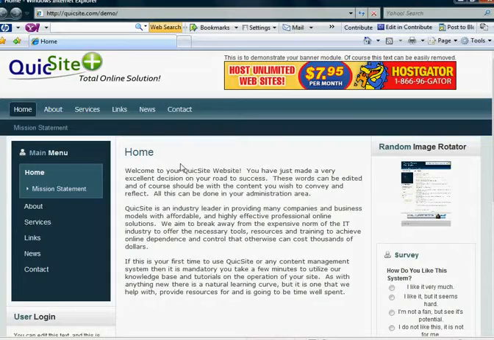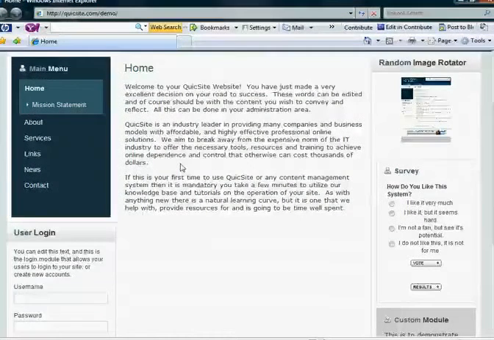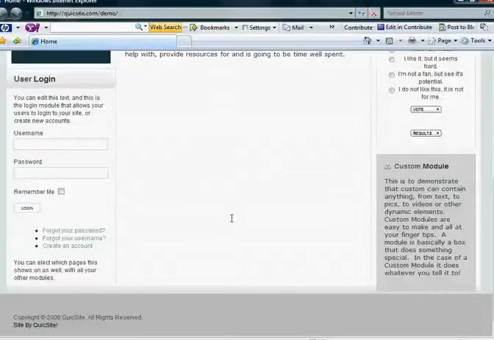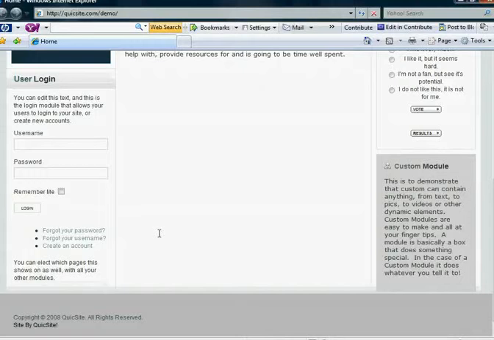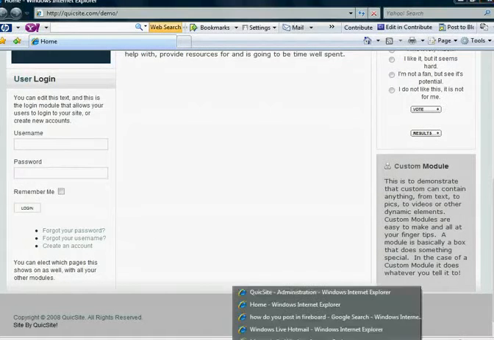In this tutorial we're going to go over user management and user functions, and basically we're going to be focusing on this module here and some back-end user management that you have. This is the login module,